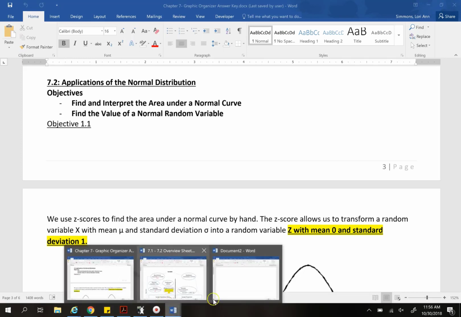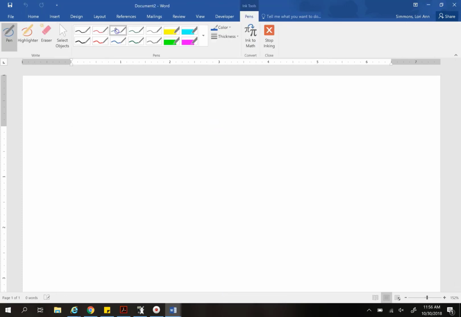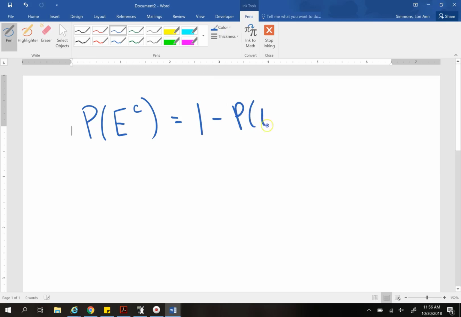Before we begin, I want to just cover the complement rule, which was in lesson 5.2. So just in case you do not remember or you didn't have this lesson, the complement rule is 1 minus the probability of E. So say that the probability of owning a dog